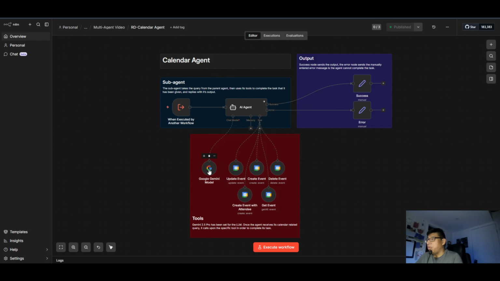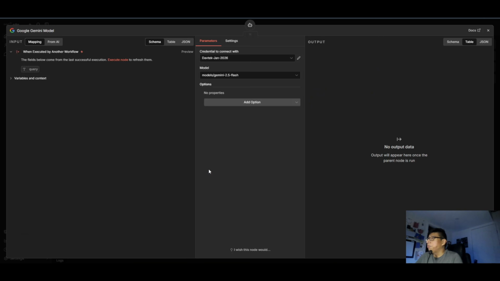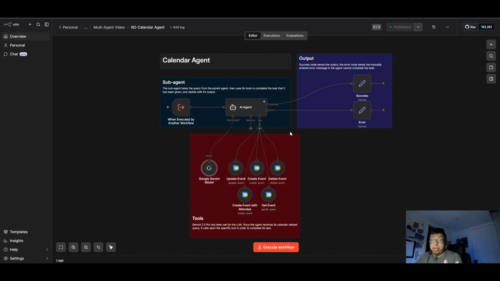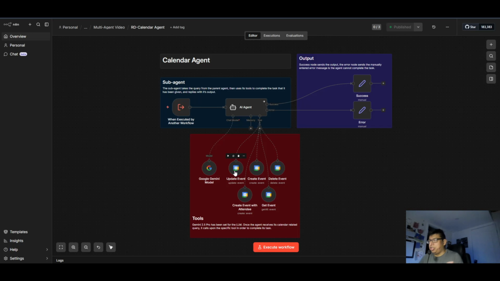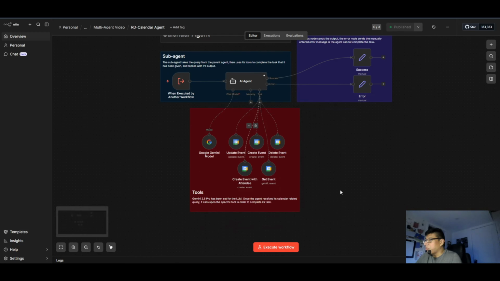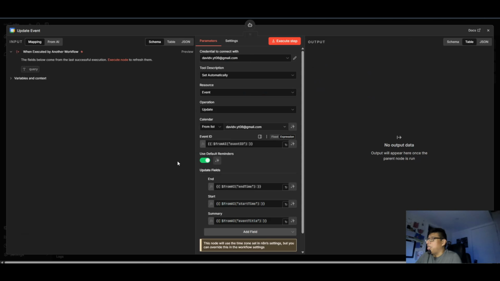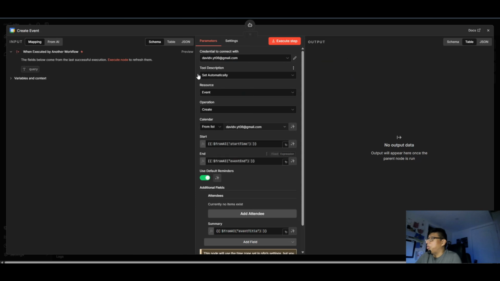But the only thing you might want to change is Google Gemini. If you are using Gemini, I find that Flash works better than Pro. Just a bit of advice right there. So just make sure you set it up like that. You can leave it like this because I have it set to Flash, but change it to your model. Test with other models when you're doing this, just to make sure that it does this properly. But all I have here is update events. Really, all you have to do is just change your credentials right in here for each one.